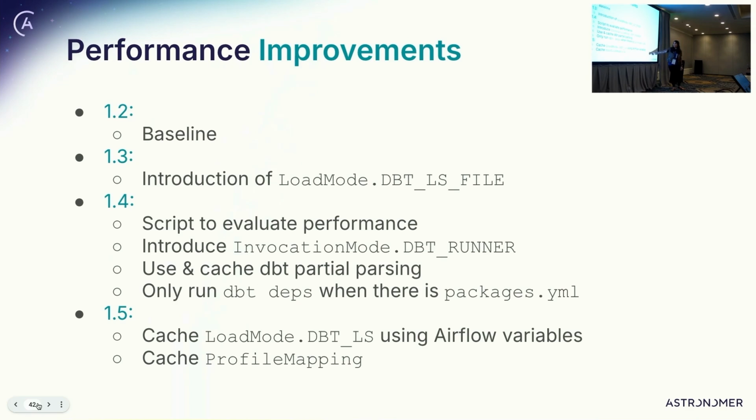In 1.5, that's where we overcame the task queuing time. We started caching the dbt-ls output in Airflow variables, which can be quite polemic. The first attempt was: what if, when we generate this Airflow DAG, we pickle it and save it into the Airflow worker node or scheduler, and then we just try to use that pickle.